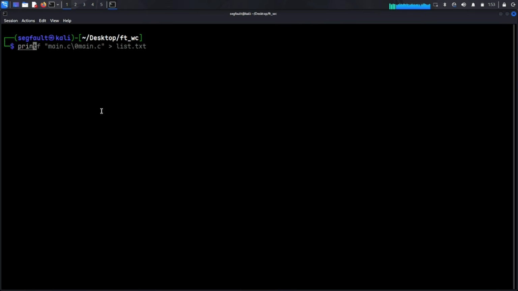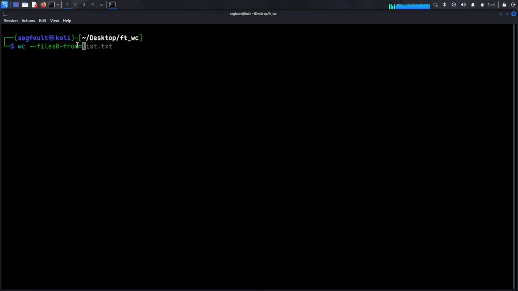First thing, I'm going to create my file, for example list.txt. I'm going to use printf, because if I try to type \0 in this file, it's not going to be typed as a null terminator but just as characters. So I need to use printf, and I am redirecting this text to list.txt. Here I have the first file and the second file, and they are separated by a null terminator. Good, I'm going to press enter and run wc